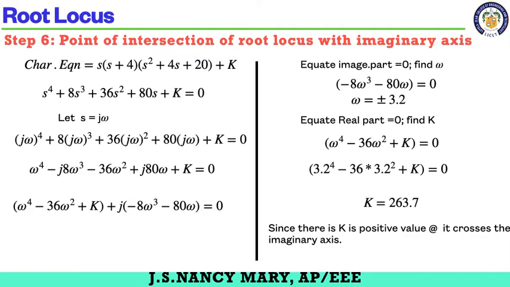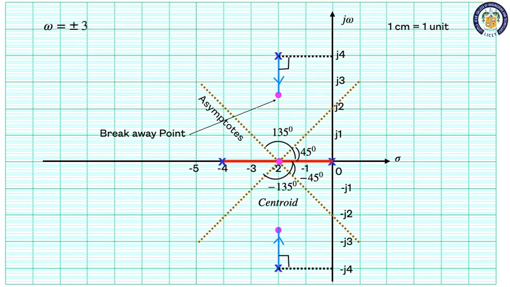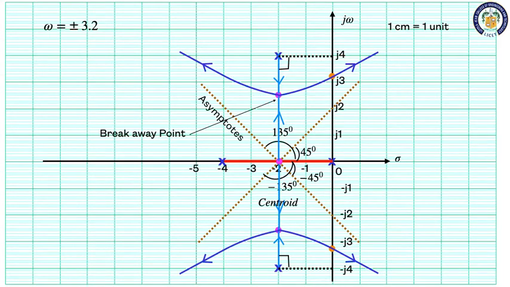Okay, so we are going to plot the same in the graph. In the graph, I am marking 3.2 with the yellow color dot. So now we have to draw the root locus which is leaving from the breakaway point. When you are drawing it, you can draw like this, but it must be parallel to your angle of asymptote, like this. Okay, so this is my breakaway root locus, the complete root locus for this problem. Okay, next we will see another problem.